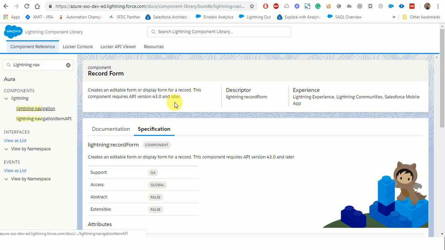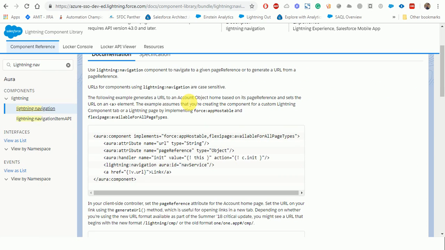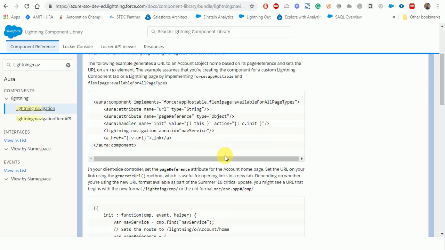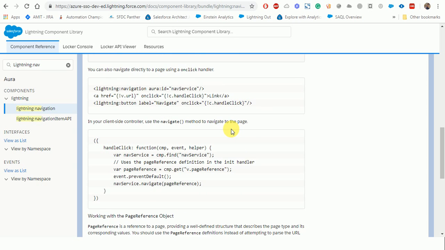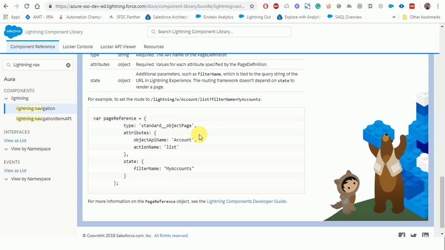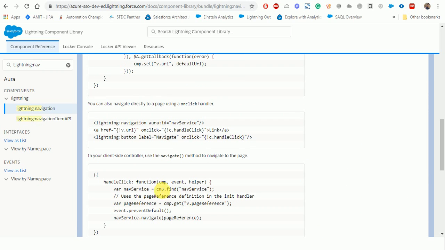This is basically for navigating between pages. To use this, we have a tag called lightning:navigation, and we need to provide the aura:id. Then inside our controller, we can find this aura:id using component.find, storing it in a variable.